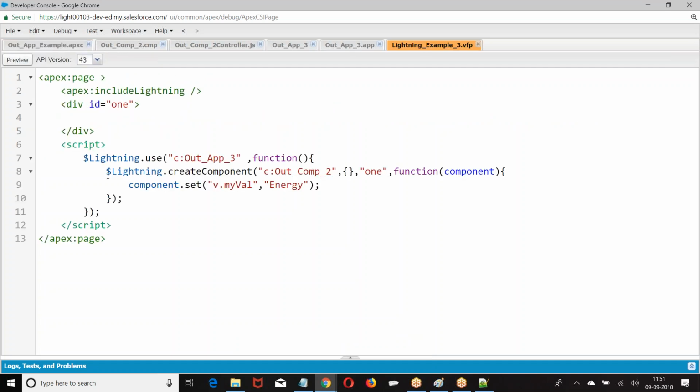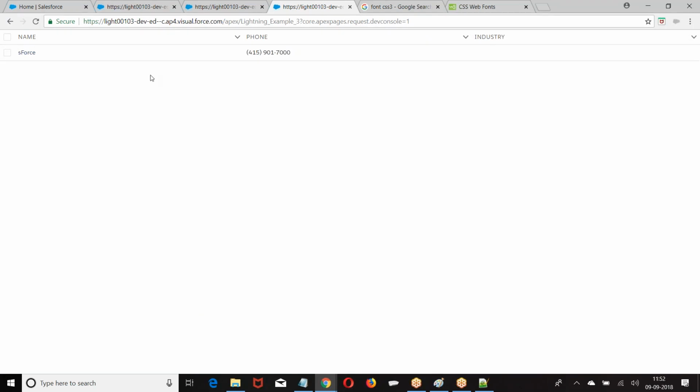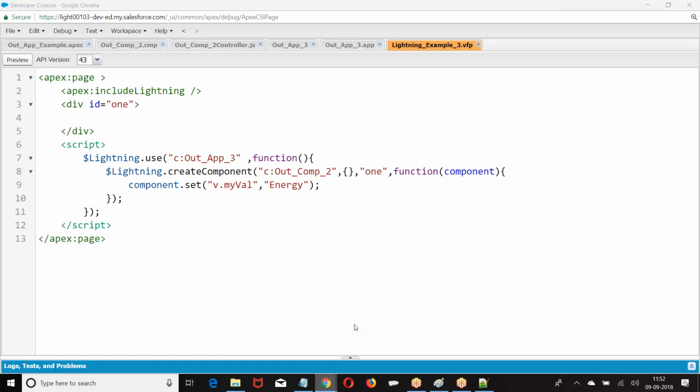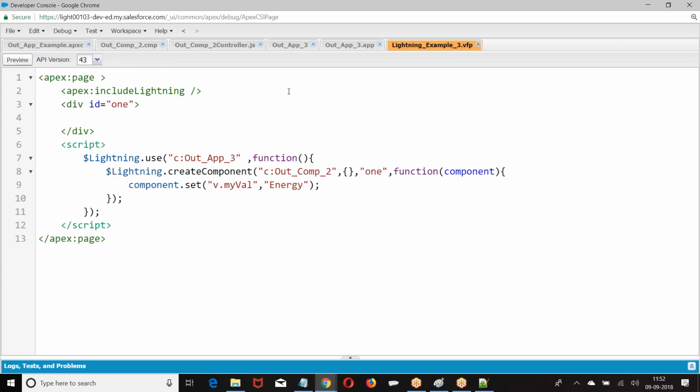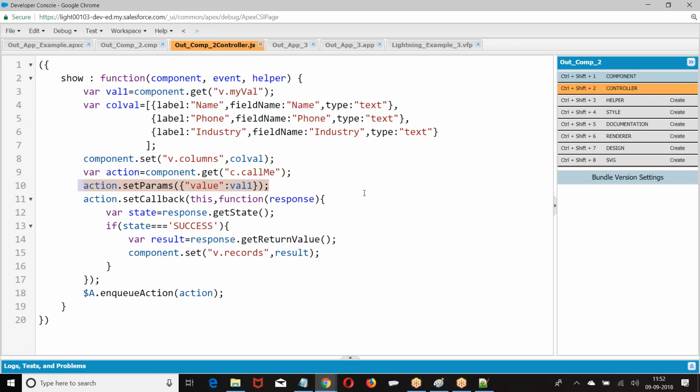Did you get my point? Once a component is created, do you want to perform any action? If you want to perform any action, define that in the function. It's only one record. Are you getting my point here? This is blank. Then how come you are getting this? It's a blank, right? Maybe the blank value is passed. Fine. So did you get the theme here?